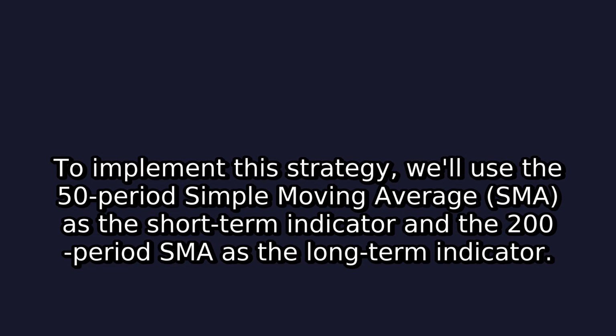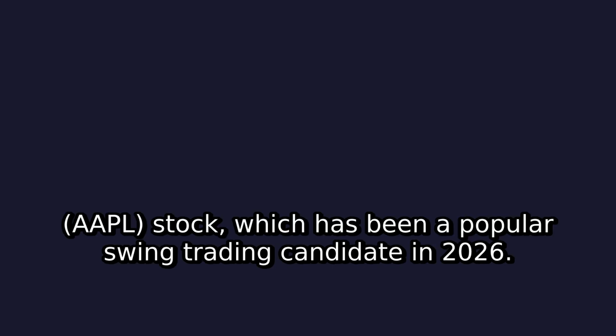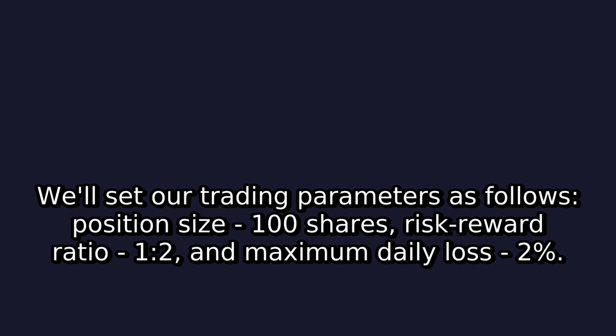To implement this strategy, we'll use the 50-period simple moving average, SMA, as a short-term indicator and the 200-period SMA as the long-term indicator. For our example, let's use Apple Incorporated, APL, stock, which has been a popular swing trading candidate in 2026. We'll set our trading parameters as follows: position size,